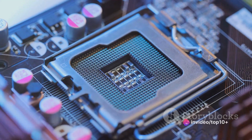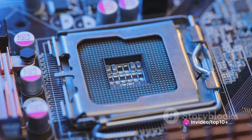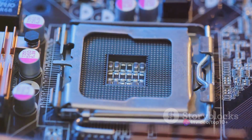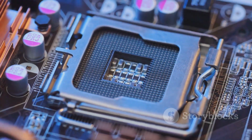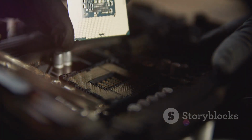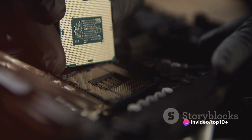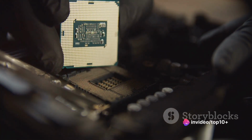And just like that, we've breezed through the instruction cycle. From fetching the instruction from memory to executing it and storing the result, the CPU is a marvel of precision and efficiency. And that, in a nutshell, is how a CPU processes instructions. Each step, each component plays a crucial role in this intricate dance, working in perfect harmony to bring the digital